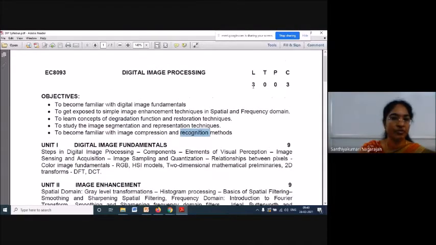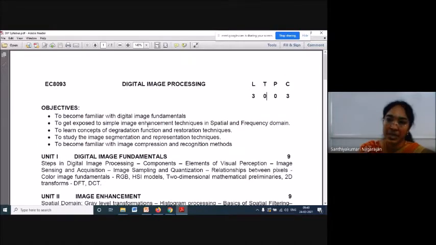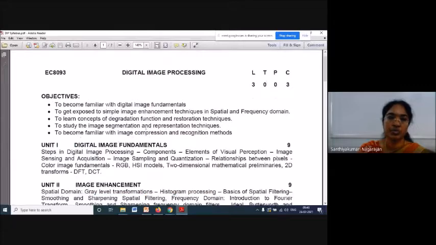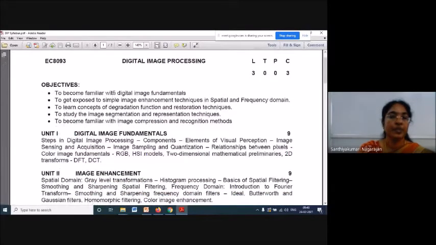It is purely a lecture-based course. You won't have any tutorial, but that doesn't mean the examiners won't ask any problems related to the subject. They will ask problems. We are also going to ask problems. It is easy for you to solve with the help of certain formulas which are already available in the syllabus.